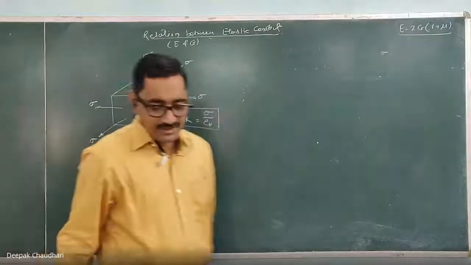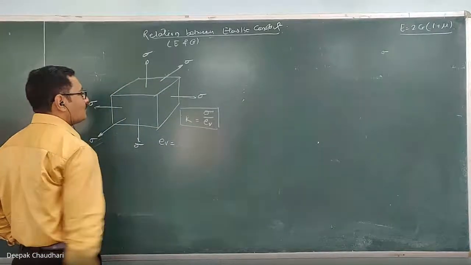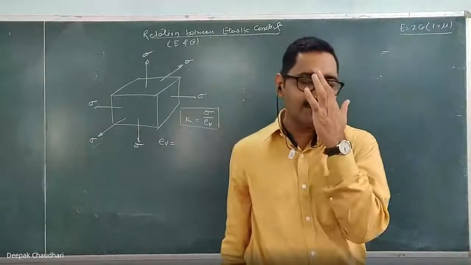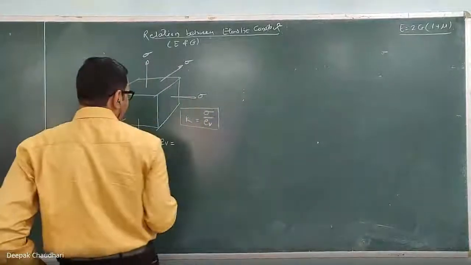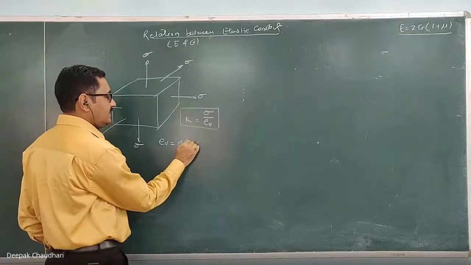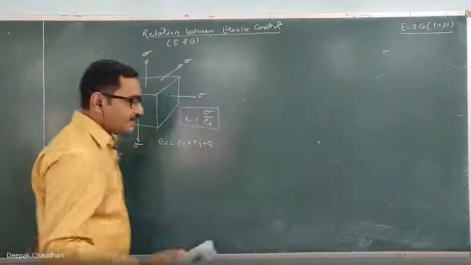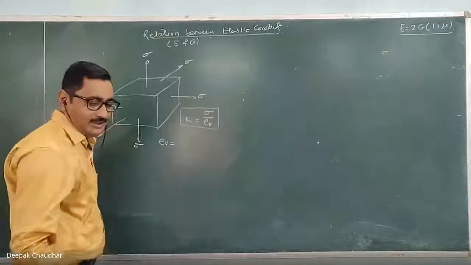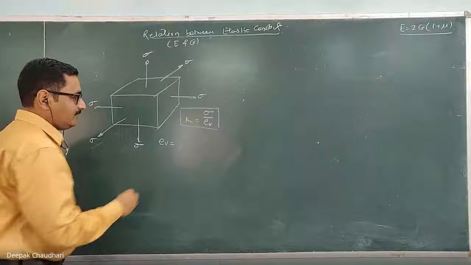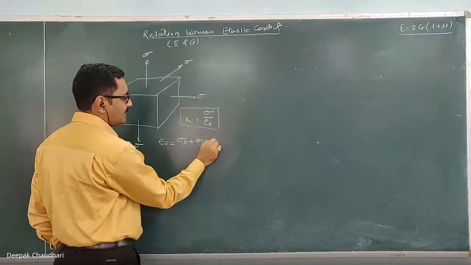Okay. Now, before this, I explain this clearly. The volumetric strain for the triaxial loading, even for uniaxial and biaxial also, we can say that the volumetric strain we have defined as the strain in x plus y plus z direction. Here we have proved that ex plus ey plus ez is the volumetric strain. And from this, the final formula which we have derived for the volumetric strain, what was the formula for the triaxial loading? Sigma x plus sigma y plus sigma z